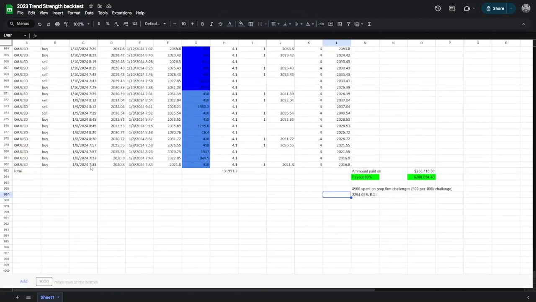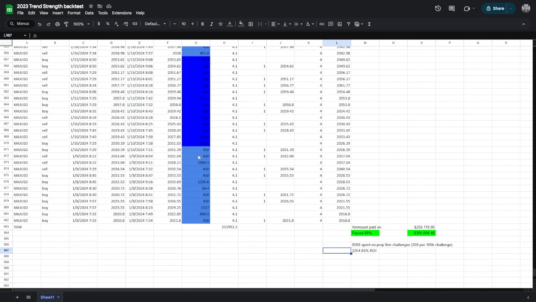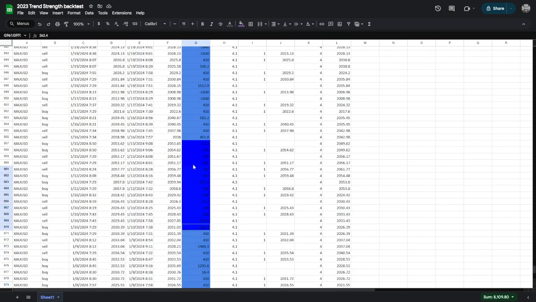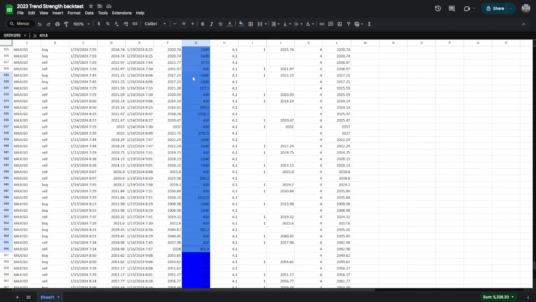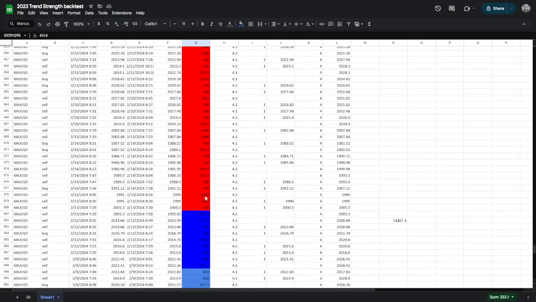Okay, and the first trade starts at the bottom. So what I did here is I color-coded each phase of a prop firm challenge. So this would be the first phase passed, second phase passed, first phase, second phase,